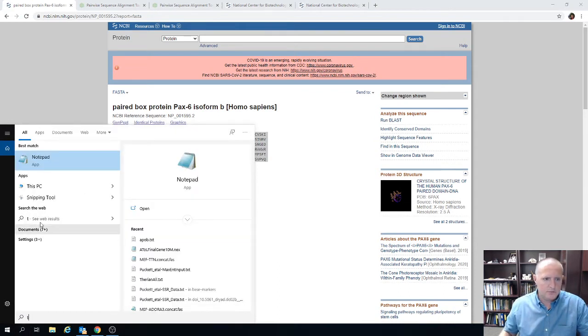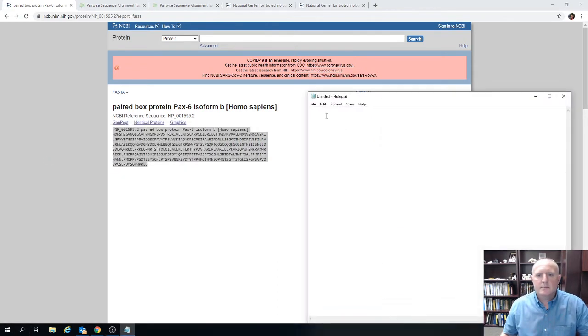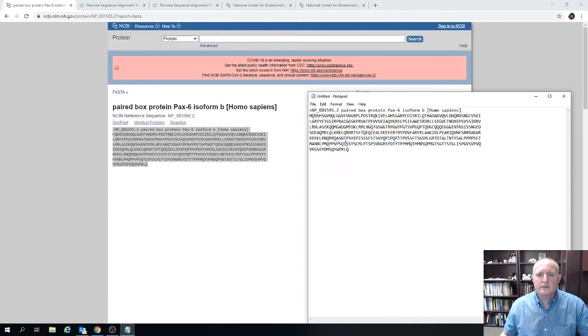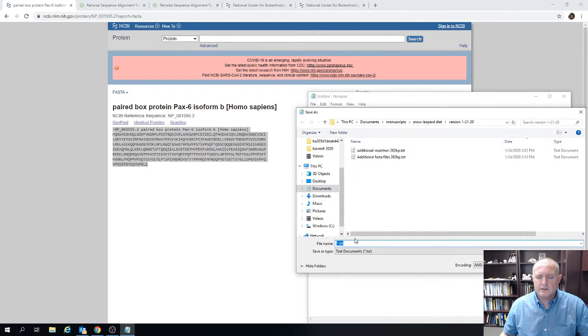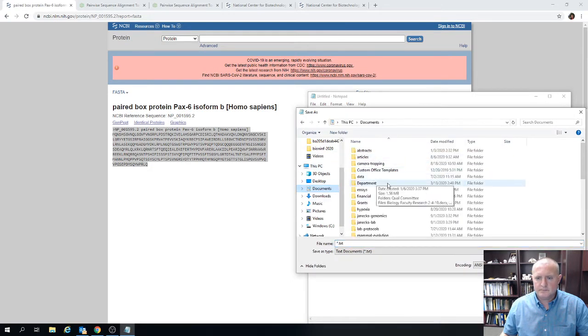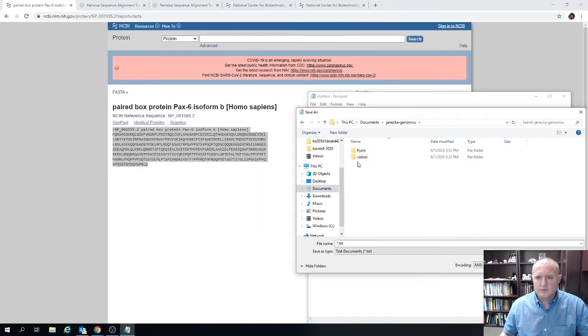and we're going to open up a text editor. So I'm just going to use Notepad. And we're going to paste it into that text file, right? And so we're going to save it right now, I'm going to put it into my folder for this video. And I just call it pax6.txt. So typically when you get sequences from GenBank or other sources, you want to get them as a FASTA file,